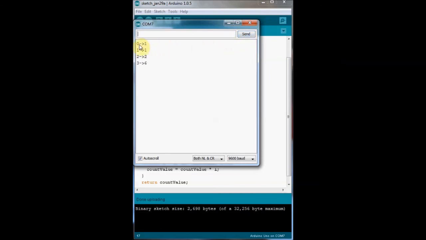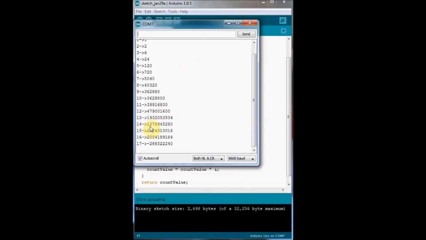So factorial of 0 is 1, factorial of 1 is 1, factorial of 2 is 2, 3 is 6, 4 is 24, 5 is 120, and so on. You notice one interesting thing. When we get from 12 to 13, this is actually the incorrect factorial,